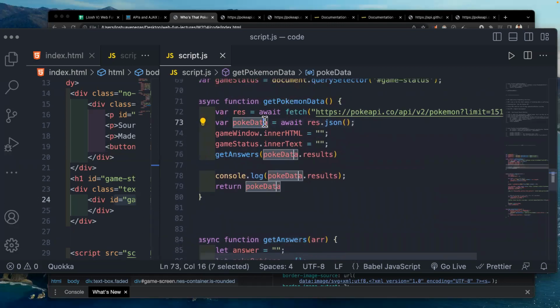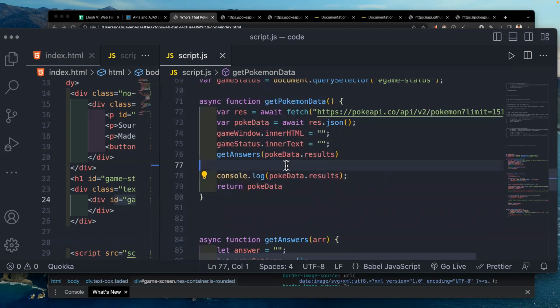So this PokeData, if we say dot results, we're accessing that object and we're calling this function now with this API call information in it. We console log it, then we return it. Okay, so then we give that data to this here, and we also console log it. Now that we have done this, we're calling this function.